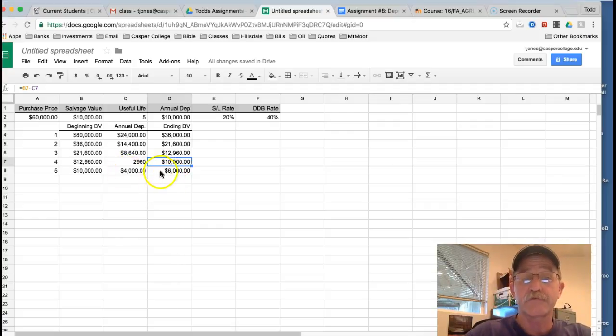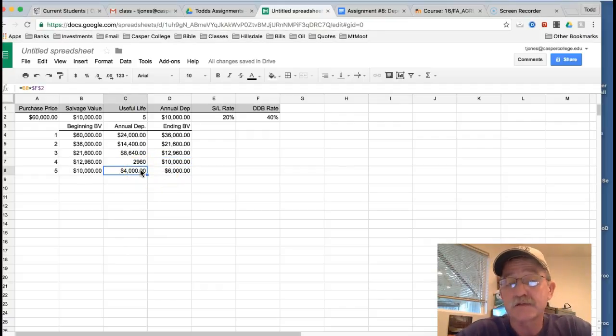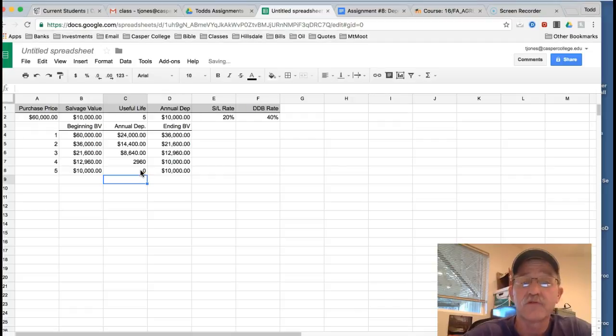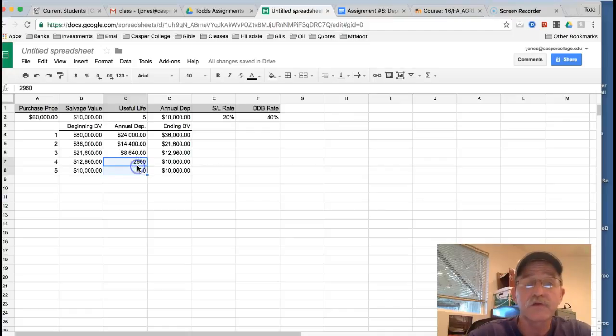So we've got a problem in our 5th year here. And in fact, what we will have to do in this case is depreciate by 0 the last year. And if I change that particular cell to a 0, we actually stay at a book value of $10,000 for that asset. You'll notice that we end up that way. Okay, so that's how we would actually depreciate it. Now, what I want to do here, of course, is come up here and I can put a currency format on that,